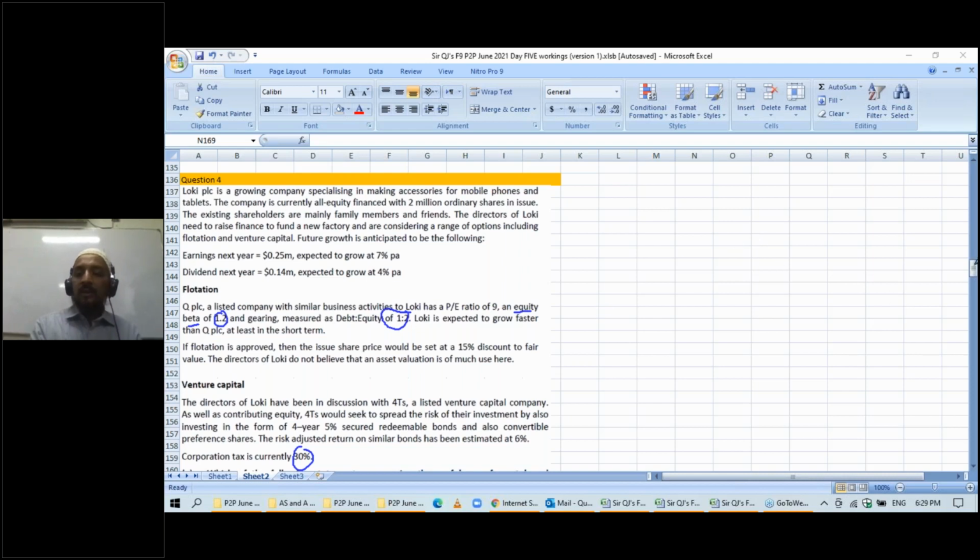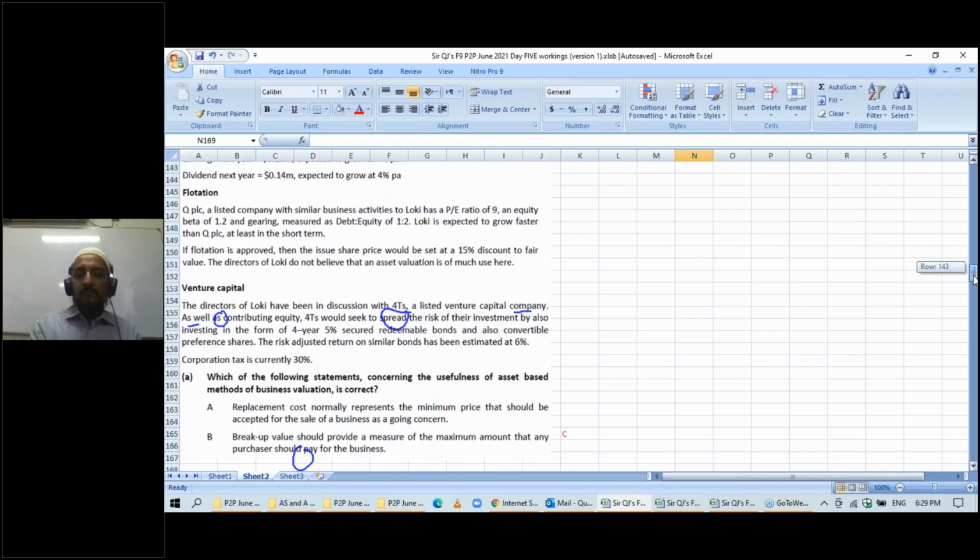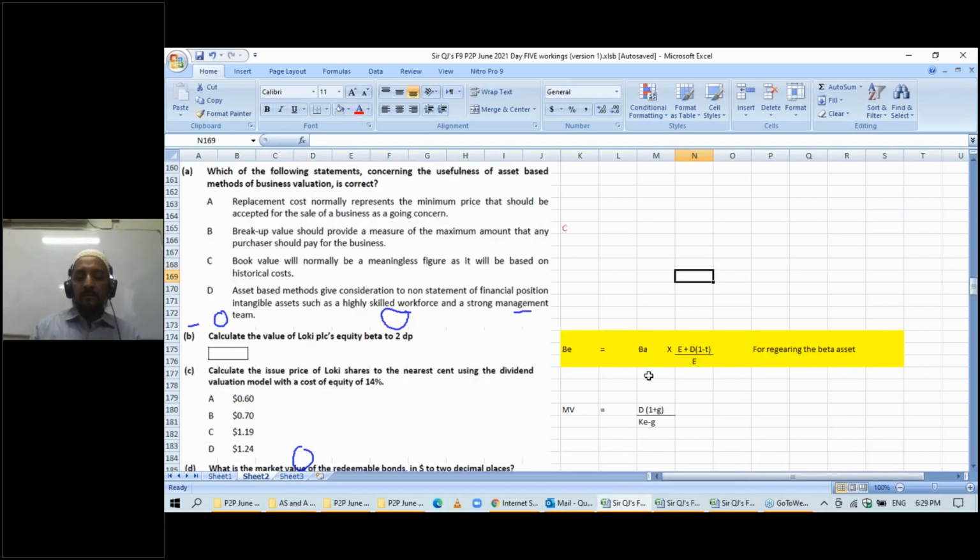So I will use the formula which I gave you in the last class. So let's use these figures. So this becomes beta asset is 1.2 multiplied by the equity value